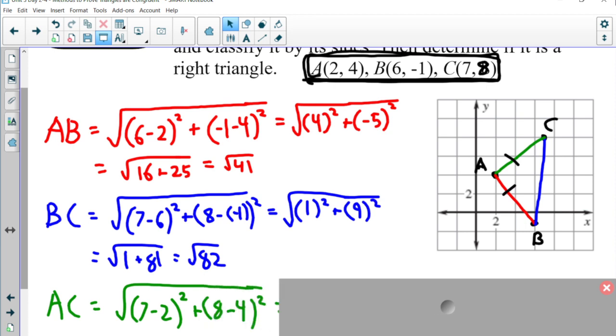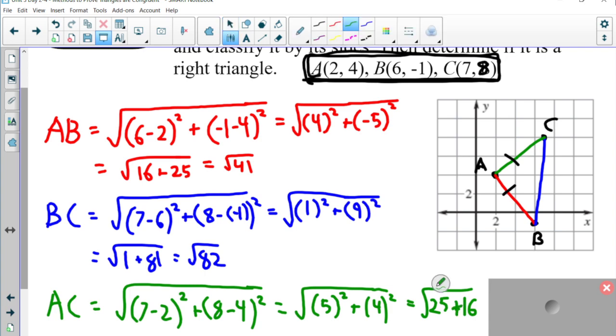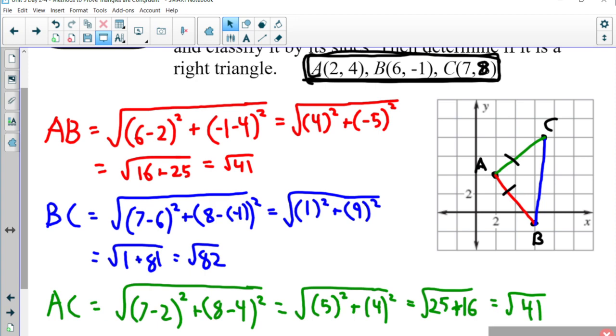And then we have 8 minus 4, y coordinate of C, y coordinate of A, squared. 7 minus 2 is 5. 8 minus 4 is 4, squared. 25 plus 16, square root of 41. And now we look and we see, again, big picture,